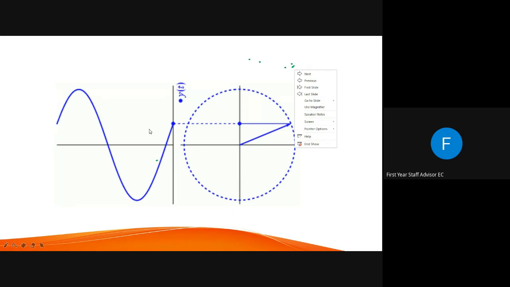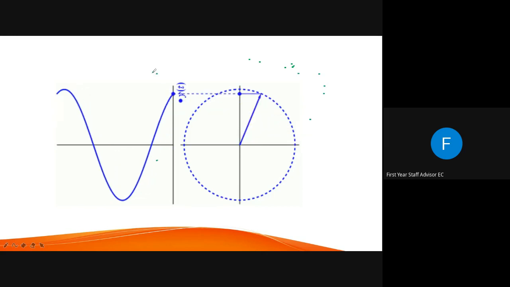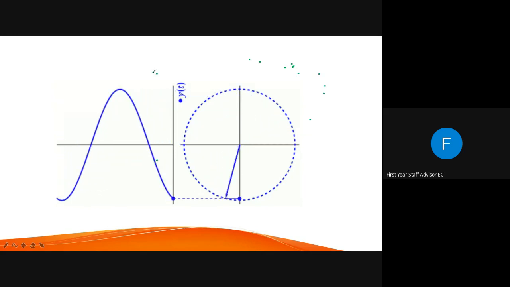The magnitude of an AC quantity is represented by the length of the phasor, and the phasor is rotating in the anticlockwise direction with its angular velocity omega. Then you can draw this sine waveform, and also you can draw the phasor, and you can show that the length is the peak value of the AC waveform, and it is rotating with an angular frequency omega. So you understand the concept.